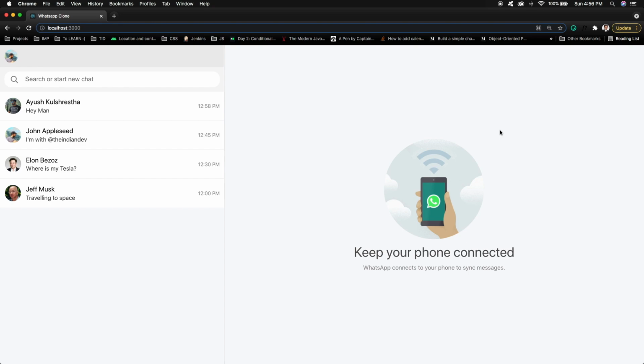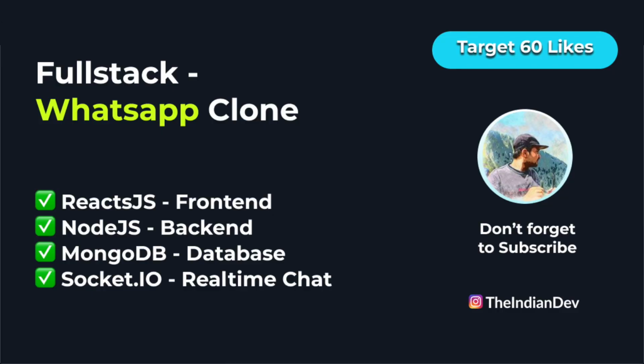Make sure that you are building this WhatsApp clone on your own, and once you are done with that, you can share the link of your WhatsApp clone with me. We will be going through various processes in terms of UI development, database design, API creation, managing the sockets, and finally we will be deploying our applications: the front end to GitHub Pages and the back end to maybe Heroku or somewhere else.